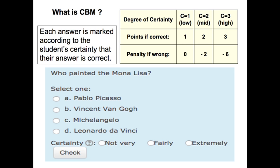So what is CBM and how does it work? Well, you can take pretty much any kind of test, and generally it's with tests that have a certain answer, true, false, or multiple choice. But you could do this with essay questions too, and it would probably be even more valuable if half of your essay is